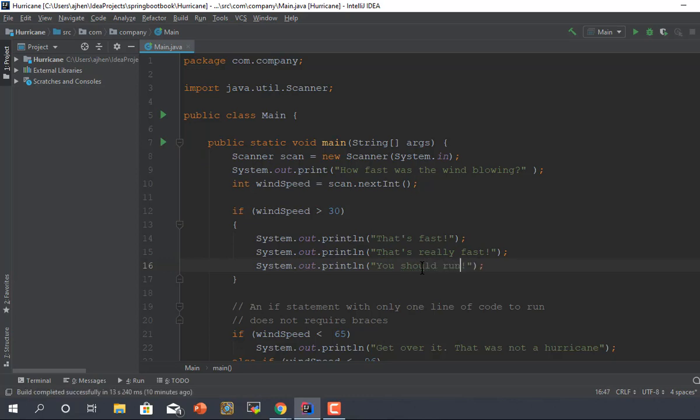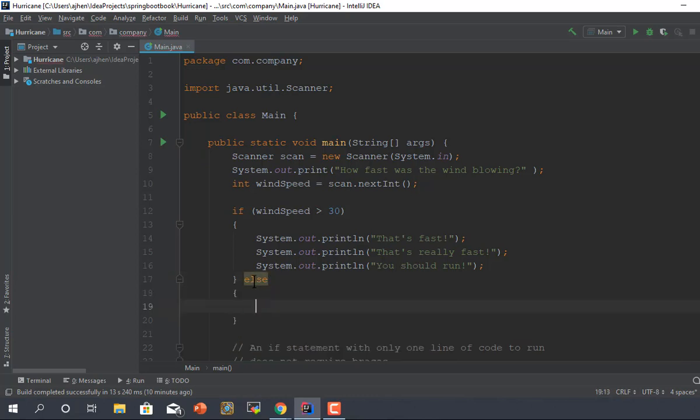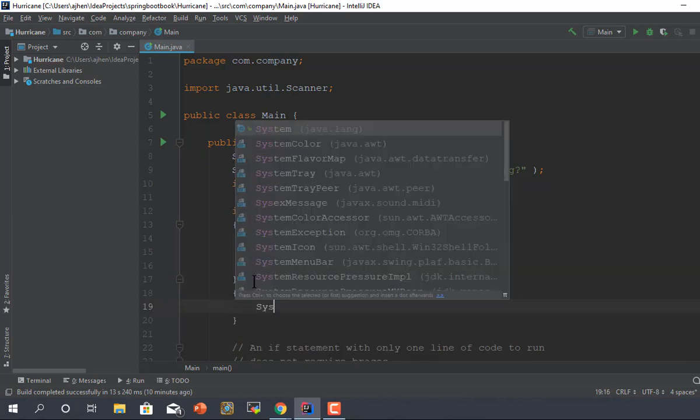You should run. Okay? Now, this is the most basic form of the if statement. It's also possible to create an else. So in this form of the if statement, we have things that happen if the condition is true, but we're leaving alone what happens if the condition is false. So instead, we can say else, and then here we can say something like